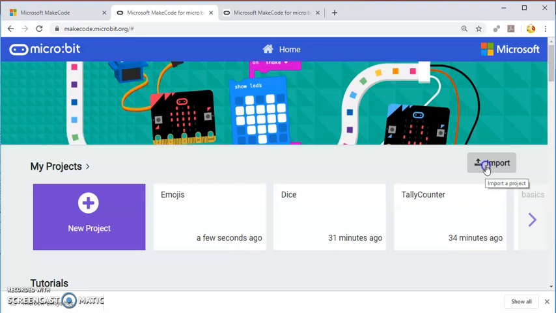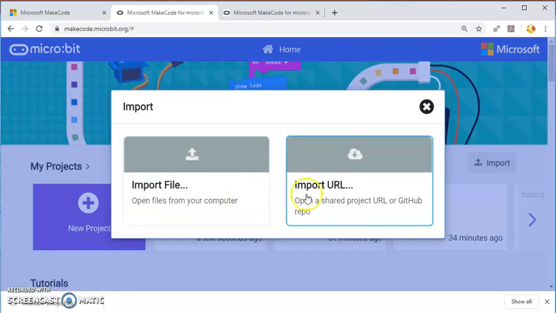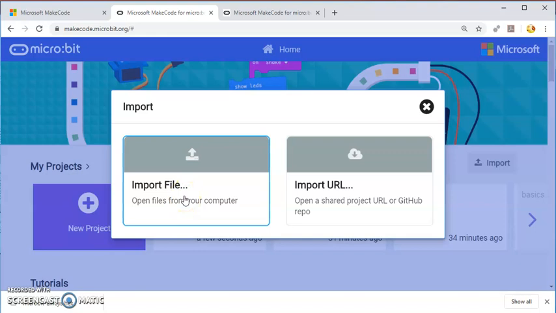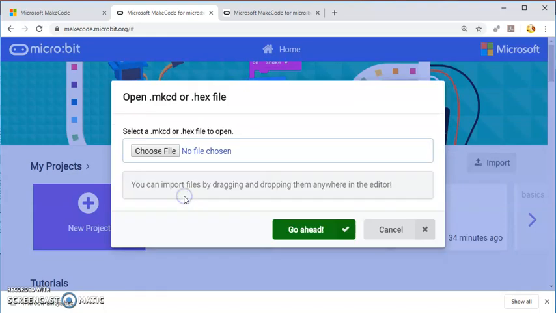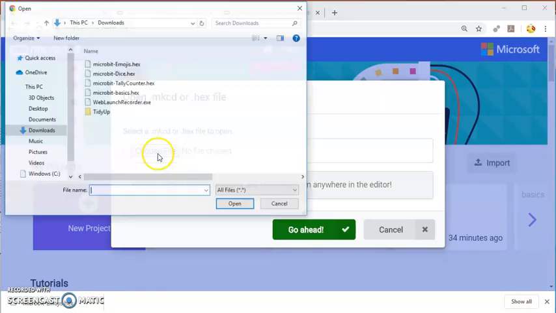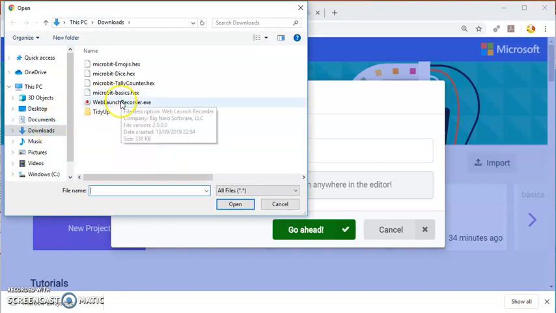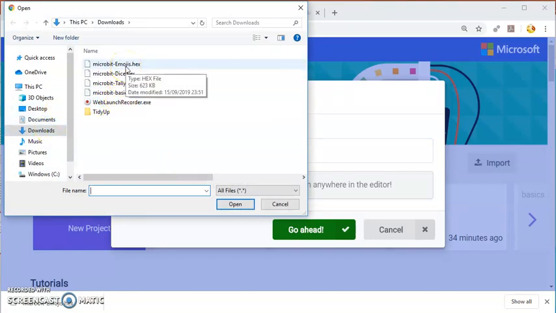So if I click on import, you can either import a file or import a URL. I'm going to look at import file here. So you can open files from your computer. So if I import file and do choose file, if I go to my downloads, I can pick my microbit